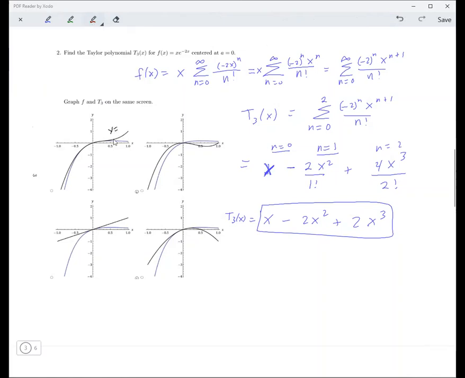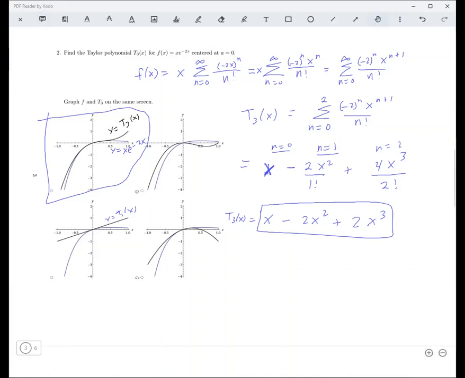Okay, so this black one is y equals T3 of x, and the blue one is y equals x e to the negative 2x. So that would be this one. Some of these you can tell that there's no way this can be true, because it has to be parallel, right at the tangent at the point. This one right here is just the linear approximation, the T1. And then maybe the black one is T2, and the blue one is still this right here. Okay, so let's go ahead and,